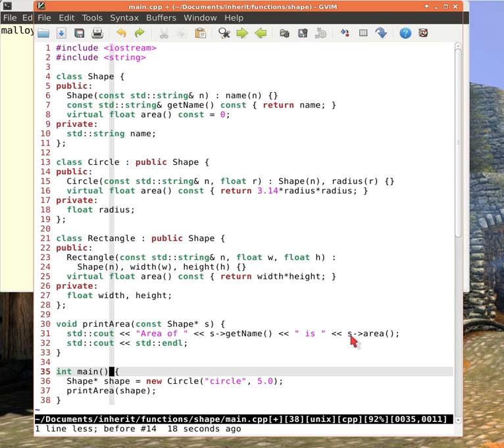Now, when it gets to area, it says, okay, s is of type shape. So it goes up to the base class and looks at area. That's the function I'm calling, area. Area is a virtual function. So since it's a virtual function, and I'm not going to say that pun by virtue of the fact that it's virtual, although I'm dying to,